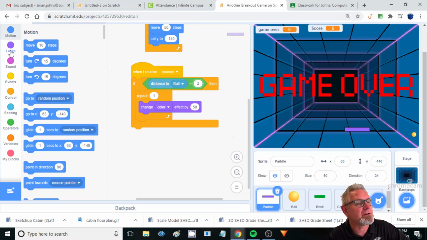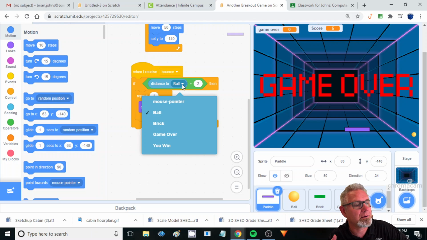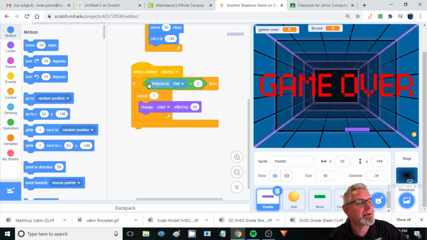Then you go up to blue, sensing, and you add distance to, and then you can choose which sprite. So I'm going to choose the ball. So if the distance to the ball is greater than 2,